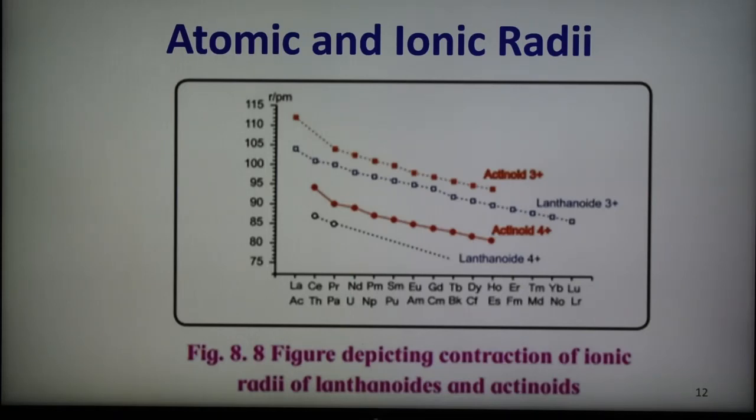So this is the region of lanthanide contraction, and because of this contraction there are some consequences or effects: variation in the basic strength of hydroxide, separation of lanthanides, and similarity between the second and third transition series. Some elements have similarity in properties, and therefore some chemical twins are also there. So this is about the atomic and ionic radius, also known as lanthanide contraction.